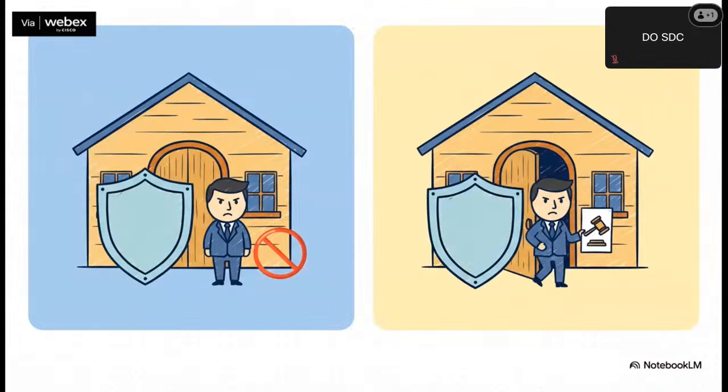You can see the two scenarios side by side. On the left, if there's no valid warrant, school staff must deny agents entry. That's the rule. But on the right, if an agent comes with that valid judicial warrant we just talked about, staff can't get in their way. That warrant is the key that changes the entire response.